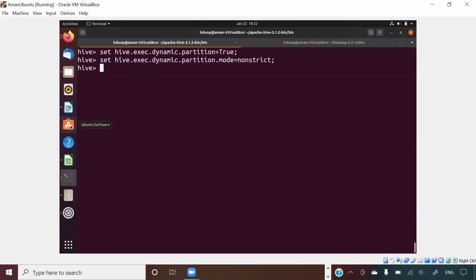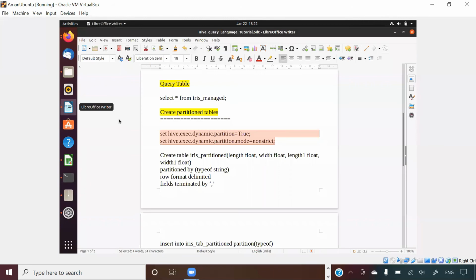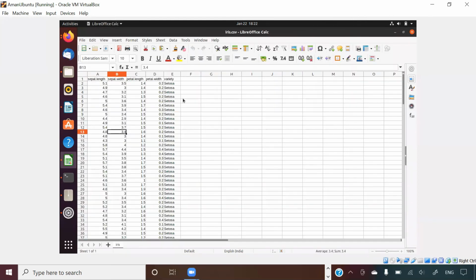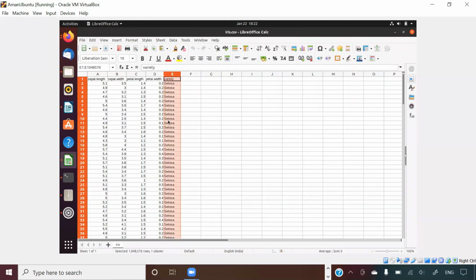Now I will go and create a partitioned table, guys. So create table iris_partitioned, with the same column names I am giving. I am just saying partitioned by. In my iris data, I want to create a partition on this variety column, Setosa and the different varieties, right? There are 3 varieties in this data.